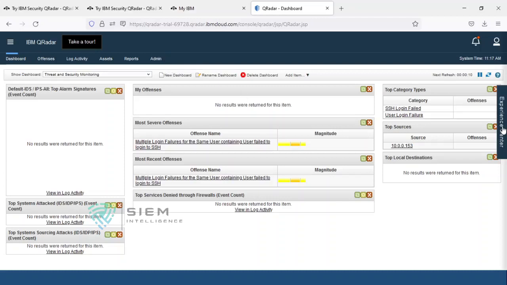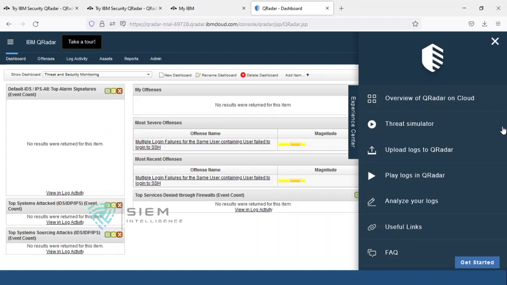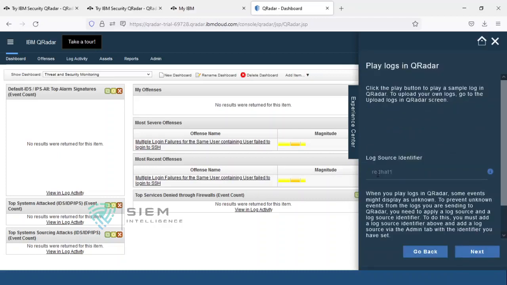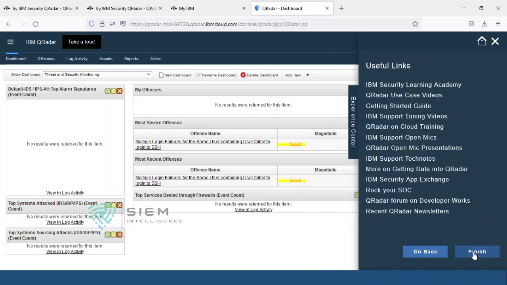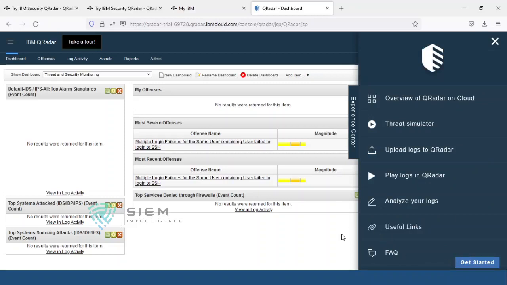And there is something called Experience Center. Over here you can upload your logs to QRadar. How to upload your logs? See, if you have any set of logs, you can upload your logs. You can play logs, there are so many logs available. You can just press next and next and just finish. Now it started.